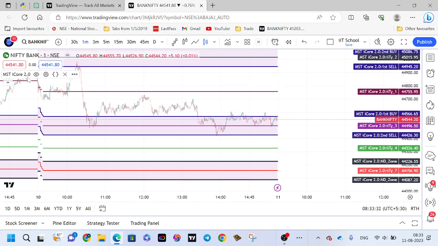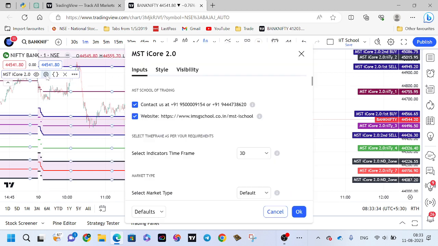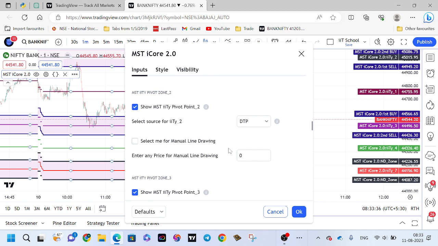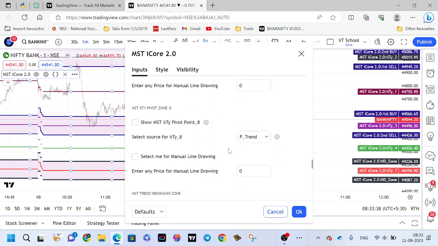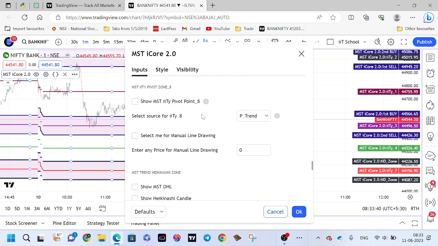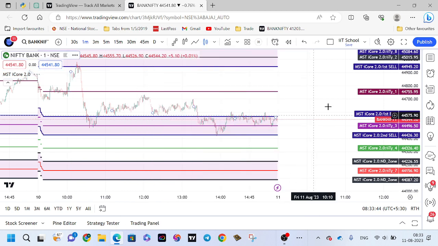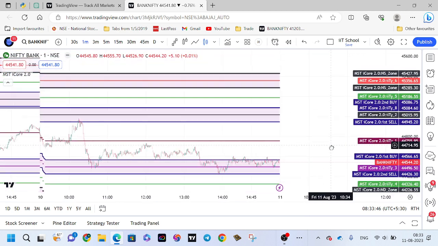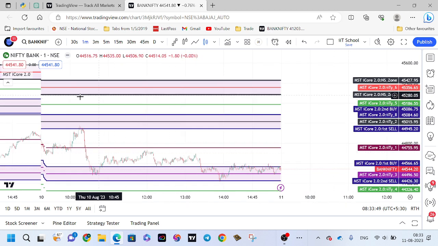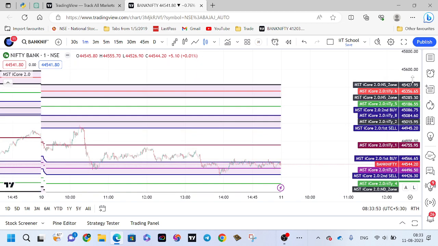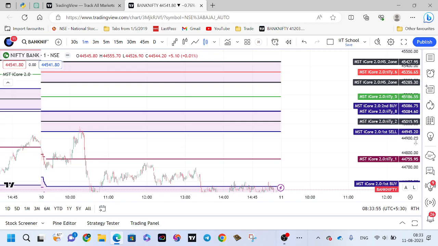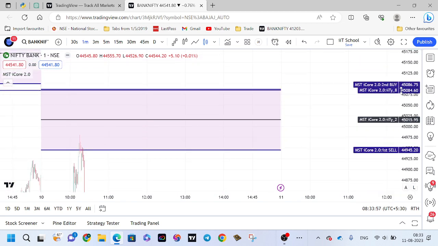So now what else have we added? We all know we have already added an I trend and a P trend. The P trend shows you the positional trend of the market. What is the positional trend? See here, this is the positional. Where is the I-88 here? This point, this one,